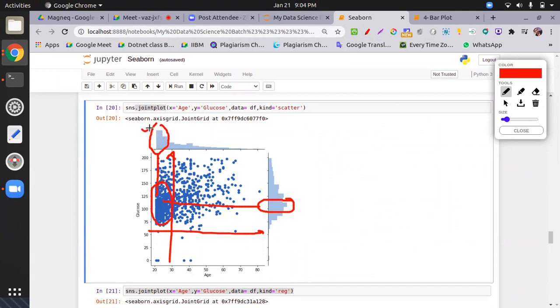So you can interpret that in your data set most people are youngsters, with age between 20, 25 or 30, and glucose mostly varying around 110 to 190. Youngsters with a glucose value of 100 are very common in your data set. So the joint plot is a very good thing. You can identify the ranges of both variables and see the scatter as well.